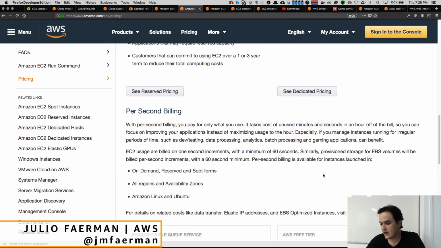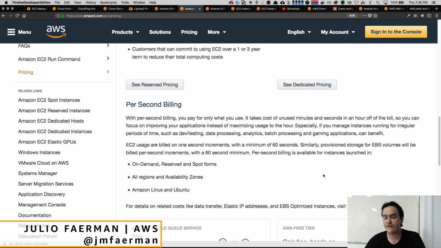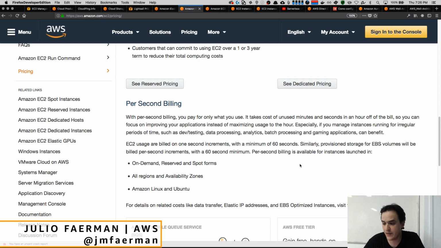And again, it's all per second now. Everything is reserved, spot, everything works the same. It's just the same price per hour, but billed per second on EC2. Okay, so